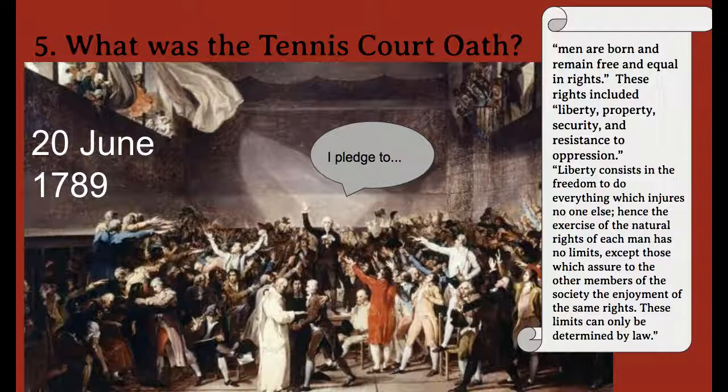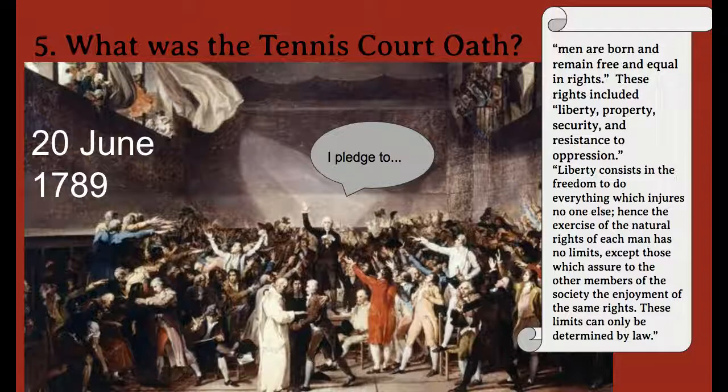King Louis had erroneously, mistakenly, thought that by locking them out, he would be able to put an end to the National Assembly. But this turned out not to be true. They went next door to a different area of the palace, and sometimes it's called an indoor tennis court. In English, we tend to call it a tennis court. It was actually a handball court, but we don't really know what that is, so we just call it a tennis court.